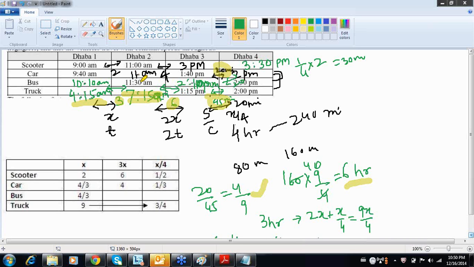Bus is saying at 11:30 a.m. it is at Dhaba 2 and at Dhaba 4 it is at 2:30 p.m. So how much time? It took 3 hours. 3 hours to reach how much distance? This is 2x and this is x by 4 distance. So 2x plus x by 4 is 9x by 4 distance. 9x by 4 distance it took to reach in 3 hours. So that means